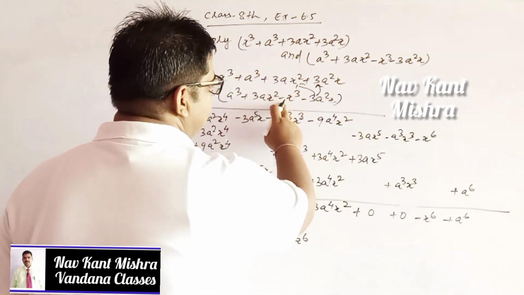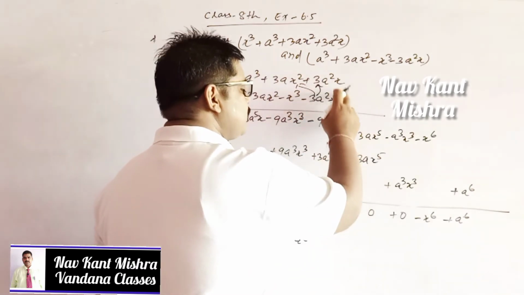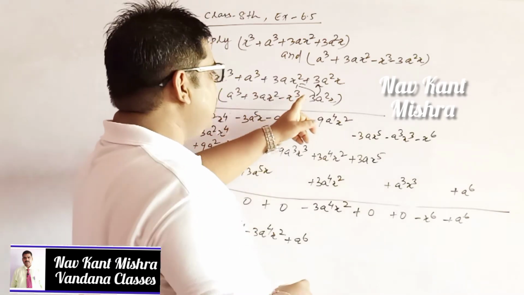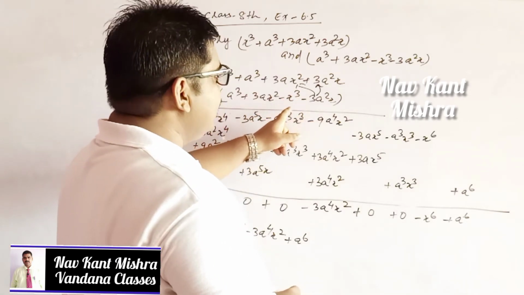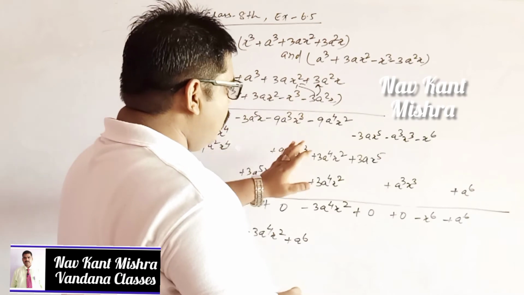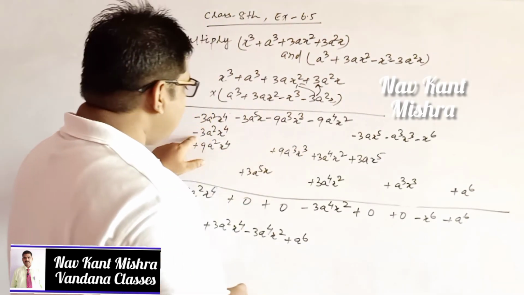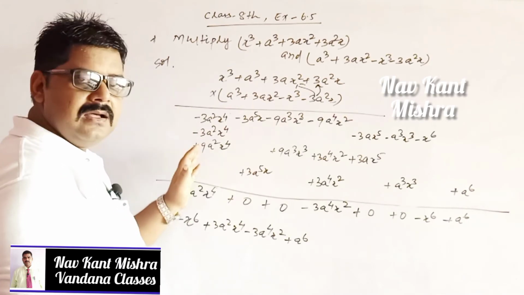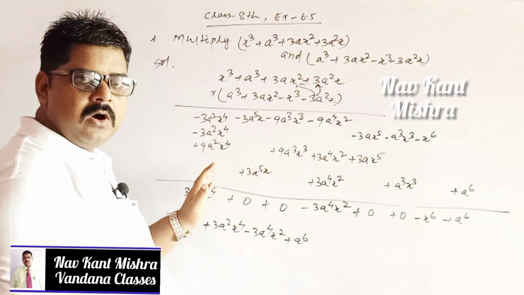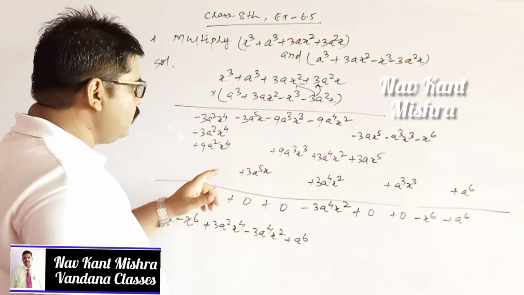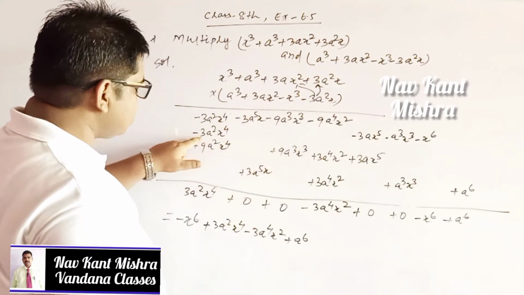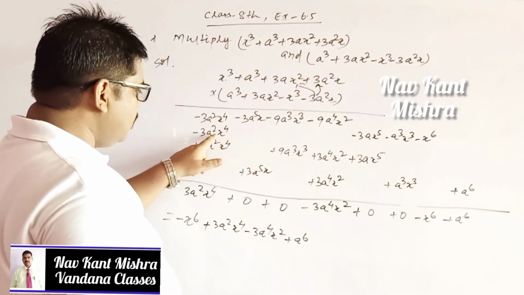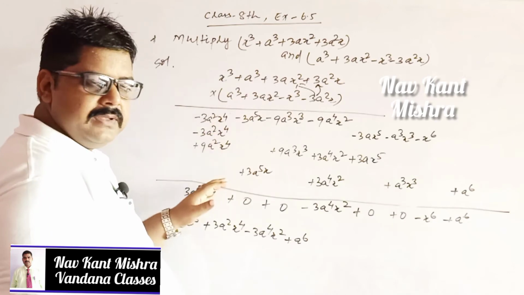Similarly, you have to multiply minus x cube to 3a square x, and by this multiplication you get minus 3a square x to the power 4. You have to write it in the separate column of the like terms. So you do not write it here; you have to write it just below the like term, because this is the like term a square x to the power 4.